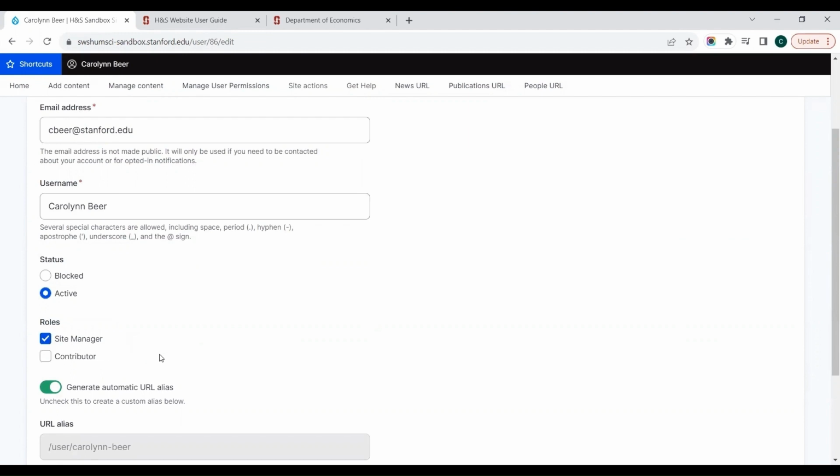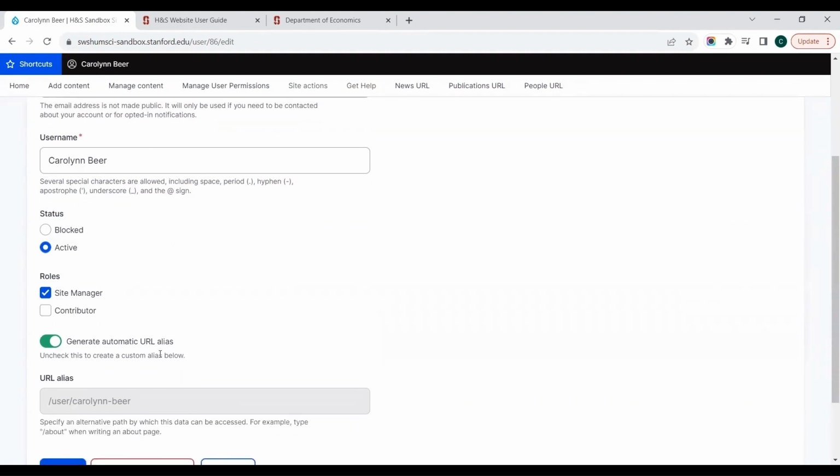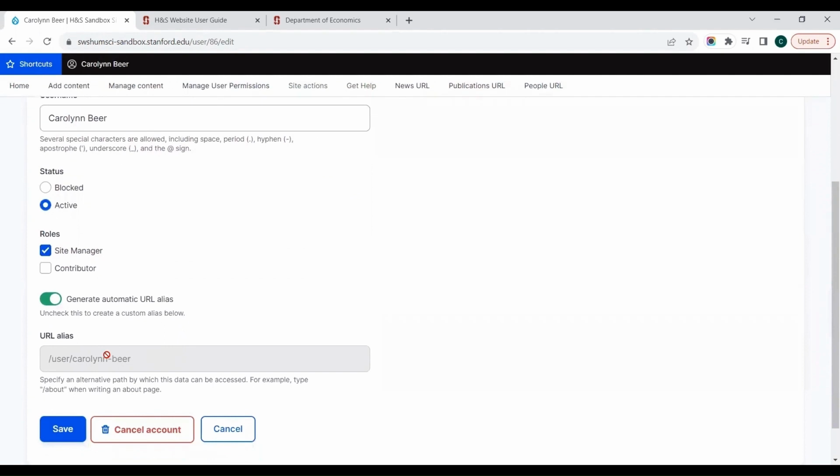If they need permissions bumped up later, you can always go back and do that. And then once you've chosen the appropriate level that they should have, push save. Now, if someone has left your department and you do not want them to have access to editing your content, then you can go back here and do the same thing, except select blocked and uncheck their permission, and then